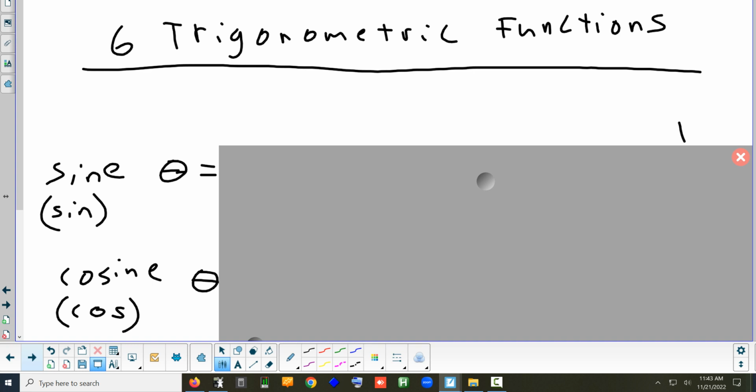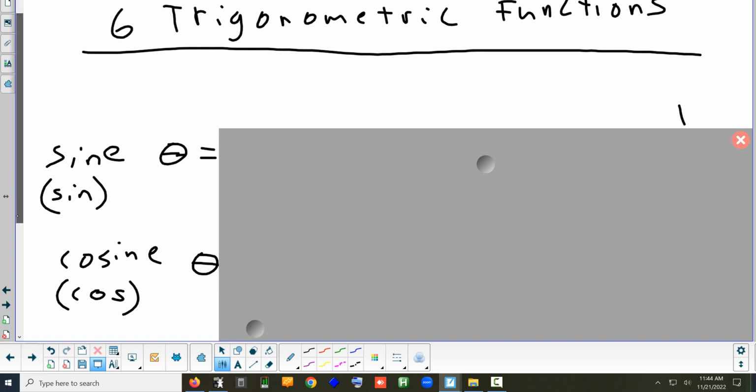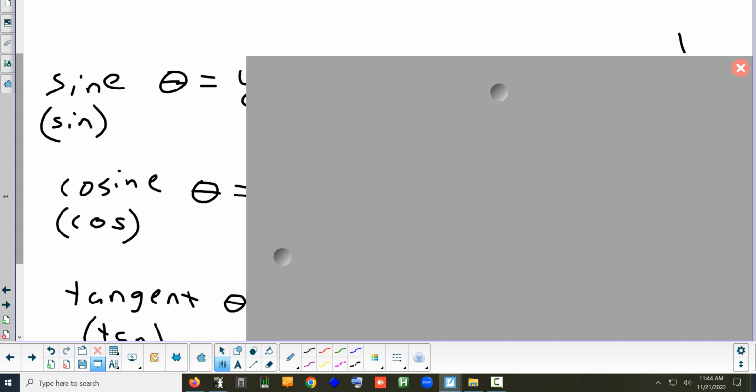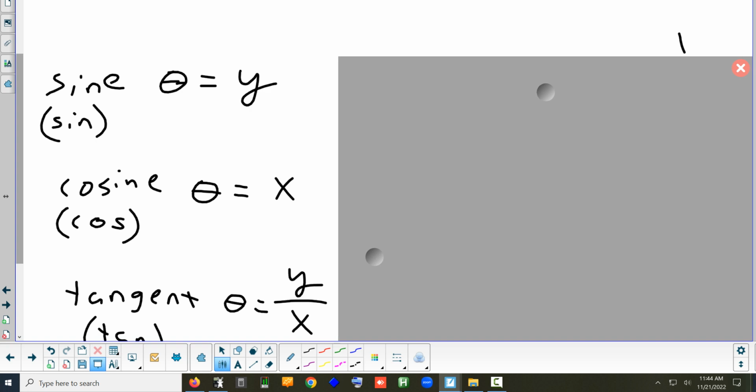Does anybody know what the other 4 are? Tangent. Cotangent. Secant, and cosecant. To calculate each one of these values, it depends on either a y value, an x value,